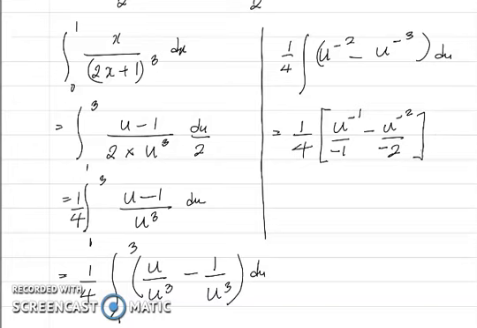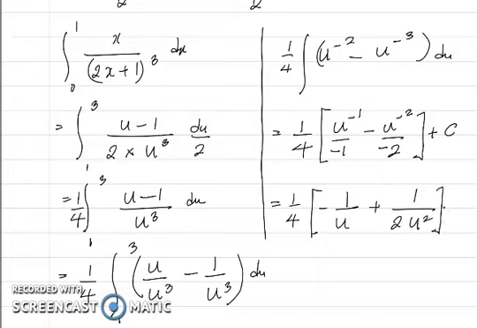And again, we increase the power by 1 and then divide by the new power. So what we end up with is 1/4 times minus 1 over u plus, a negative divided by negative is a positive, 1 over 2u squared plus c,